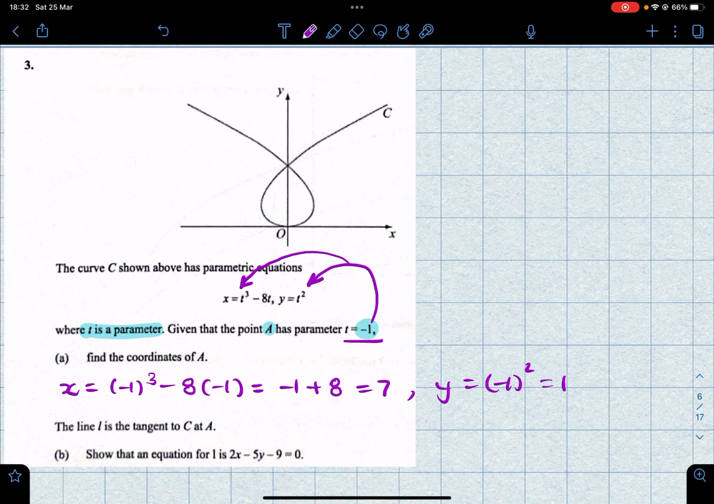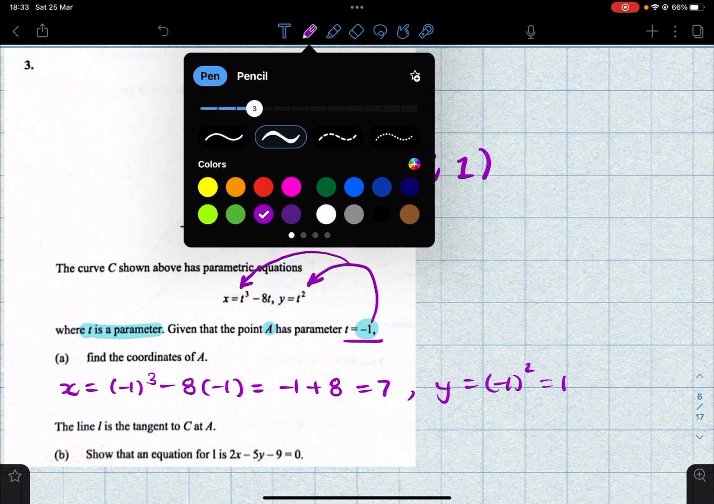So the coordinates of A will be 7 and 1. 7 for x, 1 for y. So that's our point A. We're then told that the line L is a tangent to C at A. So at A, there's some line